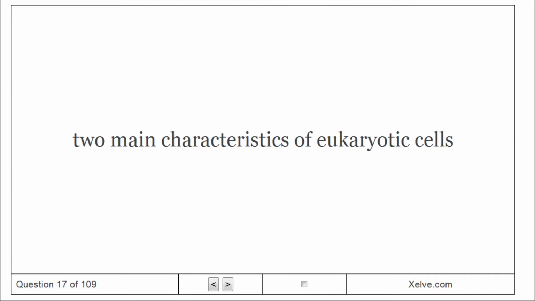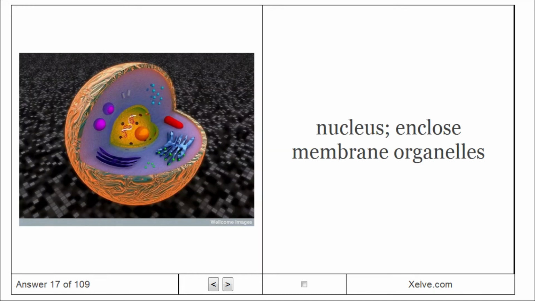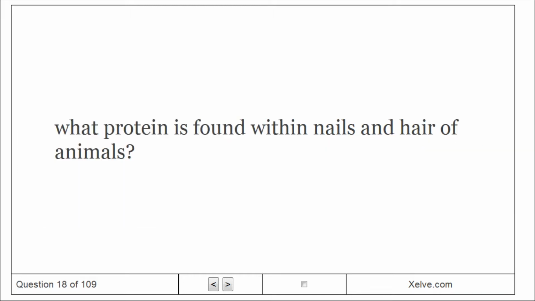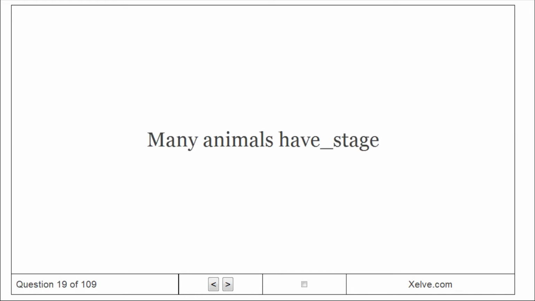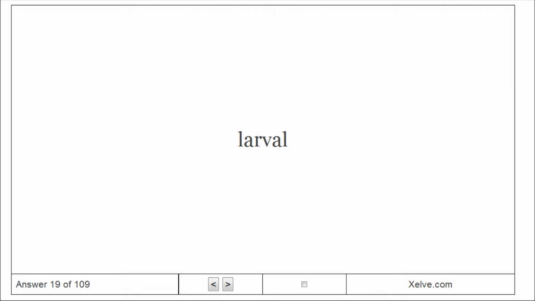Two main characteristics of eukaryotic cells: a nucleus and membrane-enclosed organelles. What protein is found within nails and hair of animals? Keratin. Many animals have a blank stage. Larval. Larva